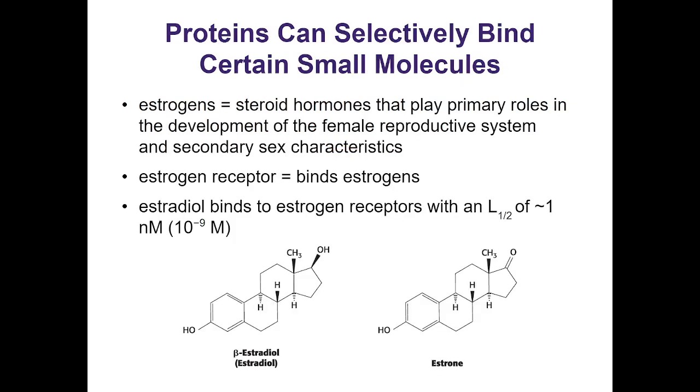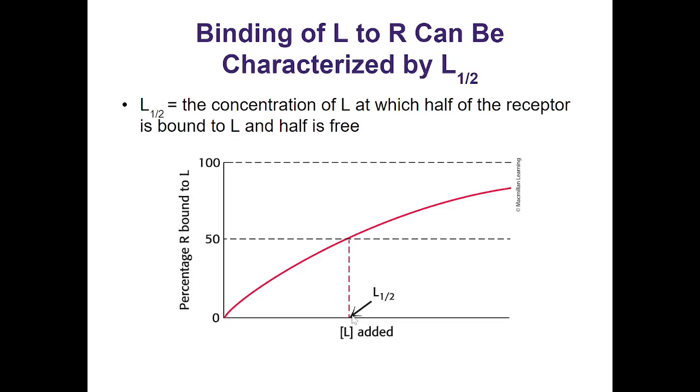So at 1 nanomolar, we would be right here on this L axis, with 50% of our R's, the receptors, bound. The receptors will always be the limited number, because we can infinitely add L. And eventually the 100% is always where we bind all of